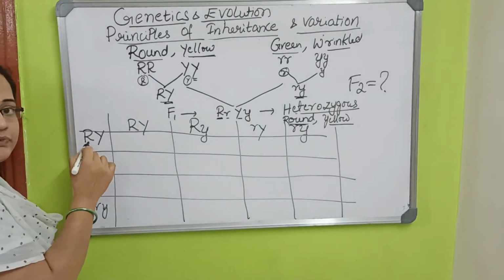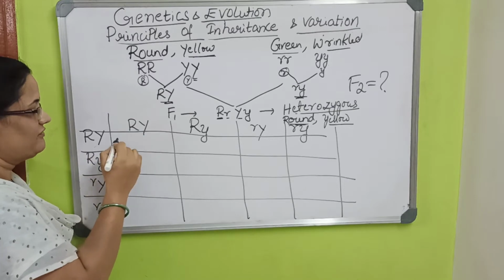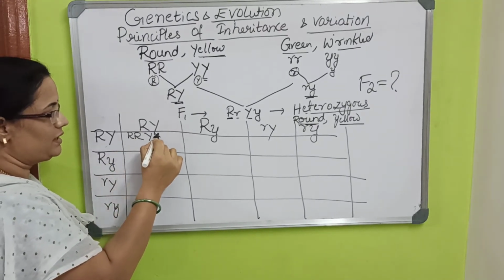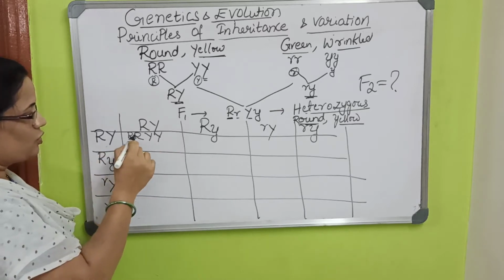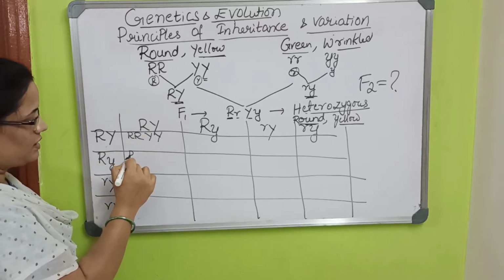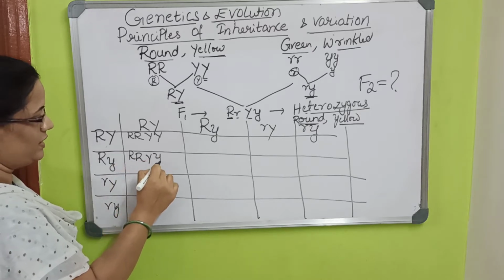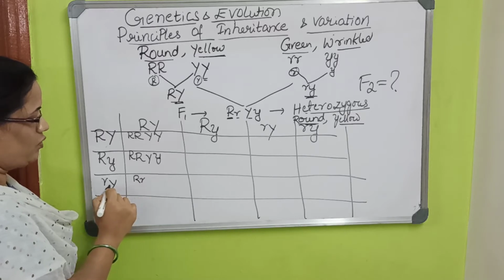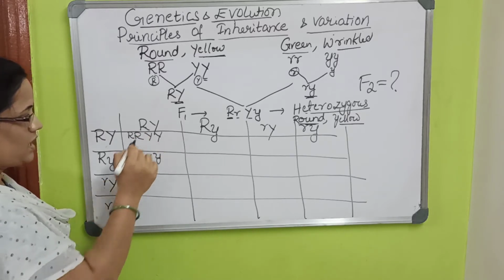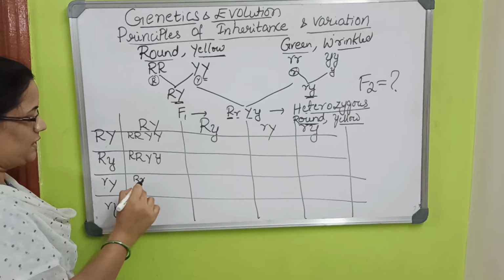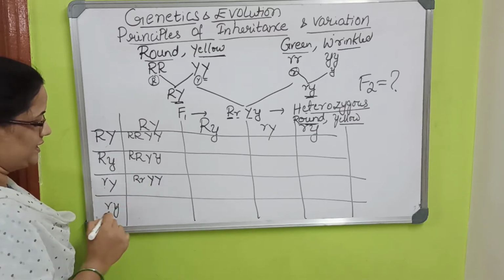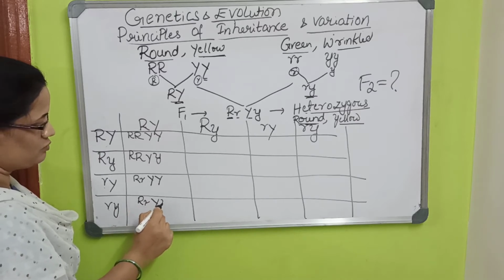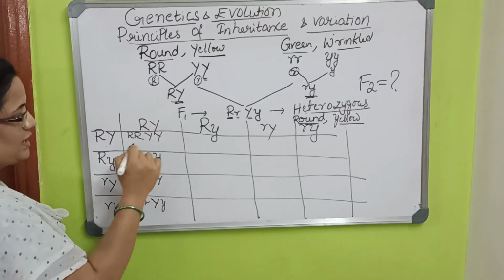So here the first one, when you are dividing this, is capital R, capital R, capital Y. The same thing with this one: capital Y and capital Y, and again capital R, small r. See how I am doing multiplication, this one and this one, like that. So carefully see this. Even here one capital R, small r, capital Y, small y. What we got here,